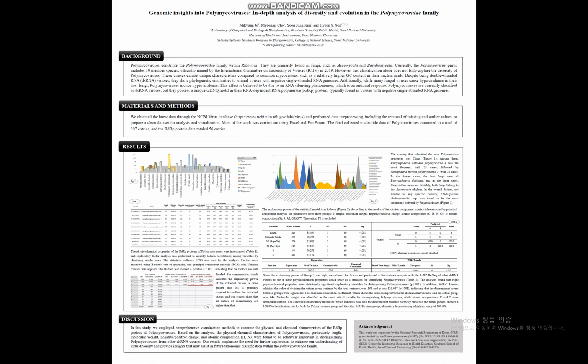When we look at the data, we found that China submitted the most polymycovirus sequences, which you can see in figure 1. The most frequently occurring virus was Botryosphaeria polymycovirus 1 with 23 cases, followed closely by Cetosperia turcica polymycovirus 2 with 20 cases. For reference,